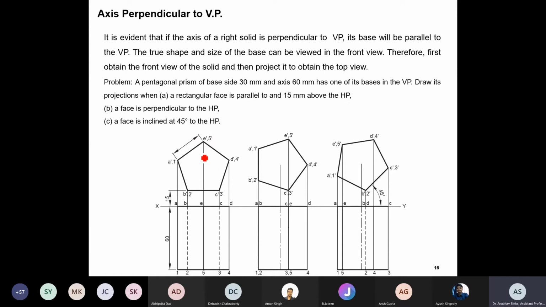So this is, let us say, the front view. Now I want to make the top view. Whether I am looking from this side or that side, to make this particular line hidden, where should I be looking, where is the observer sitting, on the bottom or on the top? Top, sir.